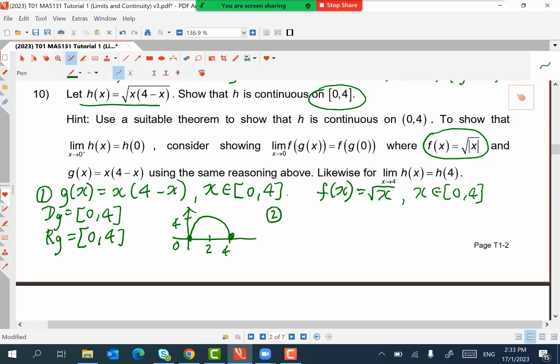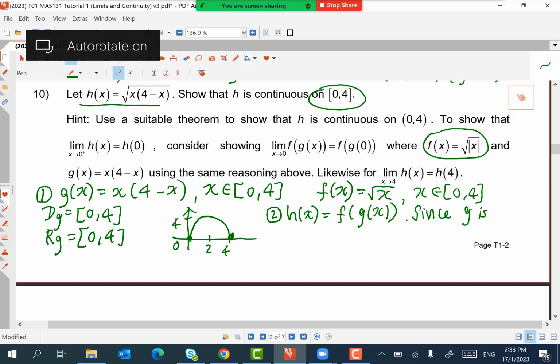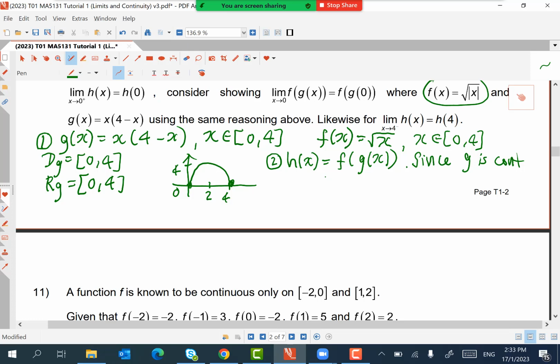First and foremost, we want to say that h(x) is made up of f of g(x), since g is continuous on 0 to 4, let's use the open bracket first, (0, 4),